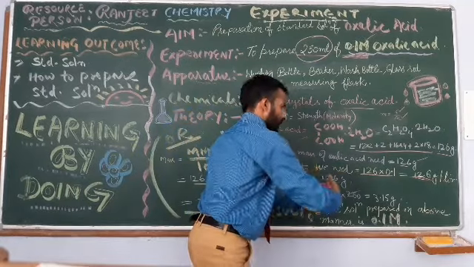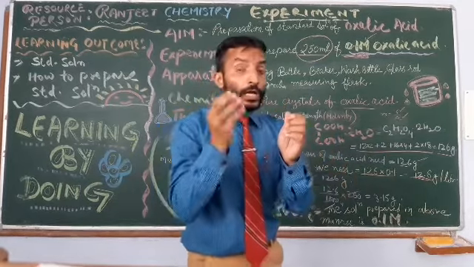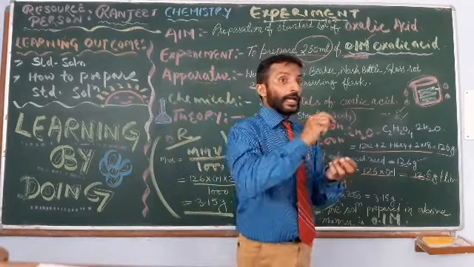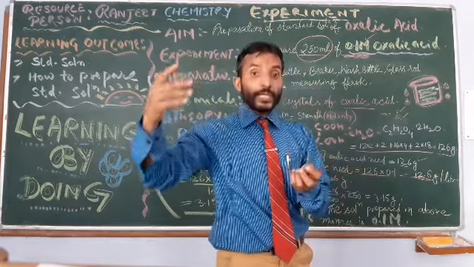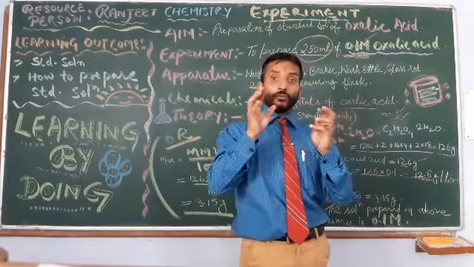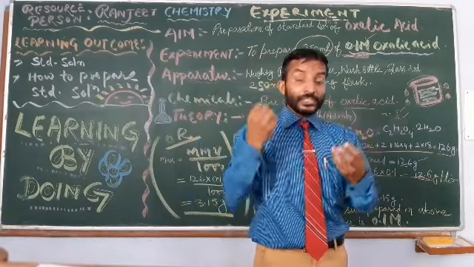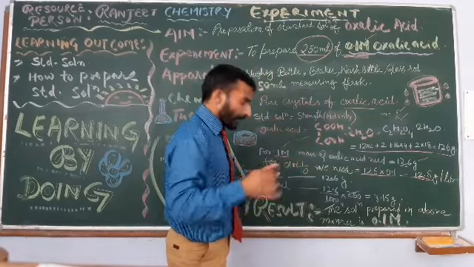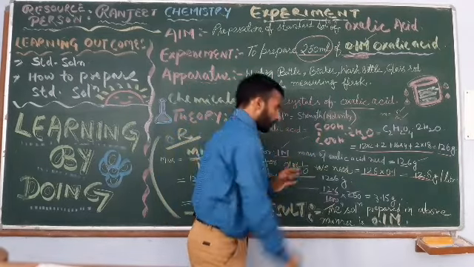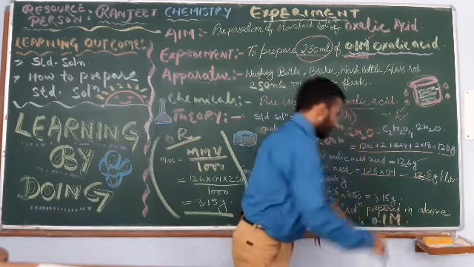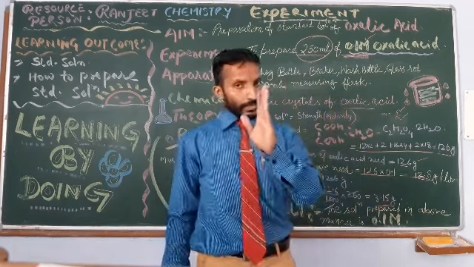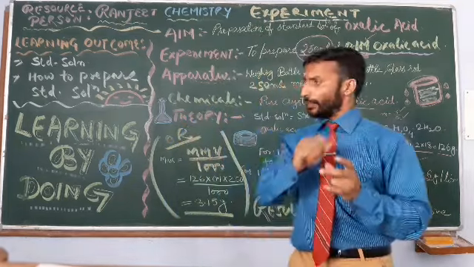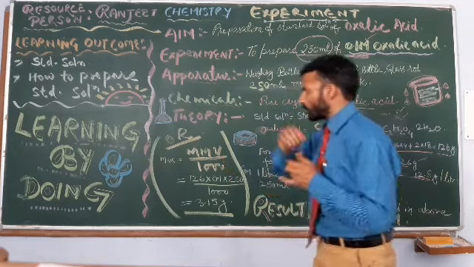Why is this calculation there? This is only to find out how much oxalic acid I should weigh out and dissolve and make up to 250 ml. I will dissolve it in 250 ml of water, but what mass do I have to weigh? For that this calculation is going on. Okay, so in this way we find the mass is 3.15 gram. This is one of the methods, but I will tell you a very simple trick here. Very simply remember this formula.